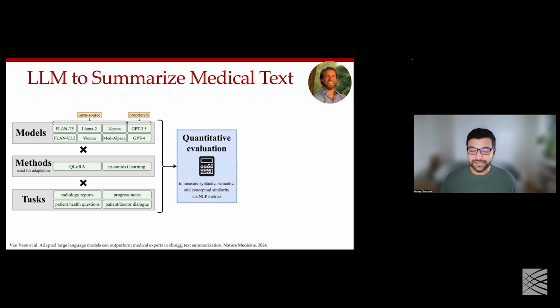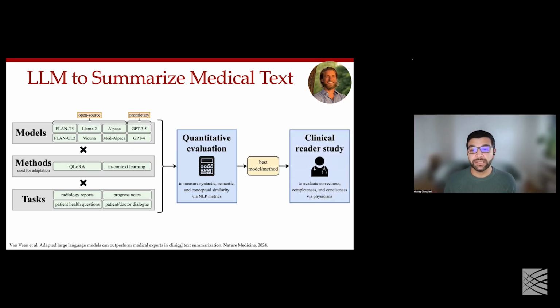And then, since there are a lot of different models, methods, and tasks, we wanted to have some typical metrics that people use in the NLP domain to be able to crown some winners from these models. But knowing that these quantitative metrics don't necessarily reflect real world performance and real world expert opinions, we also wanted to choose the best model and the best method for adaptation and conduct a very rigorous clinical study with 10 expert physicians.